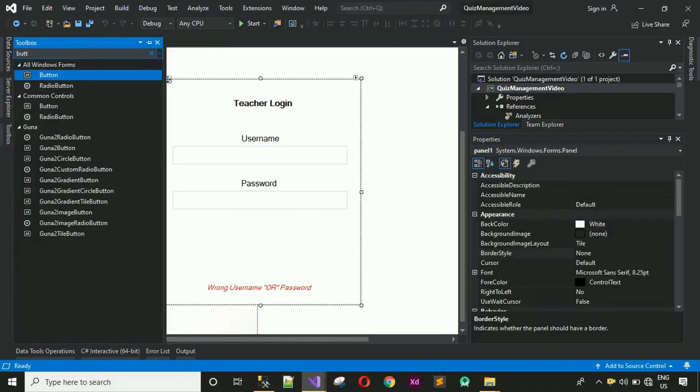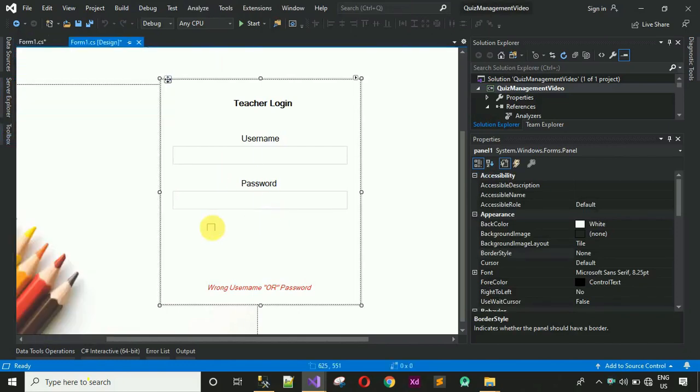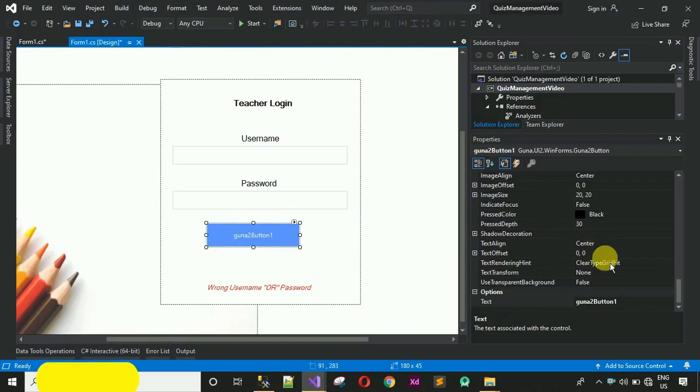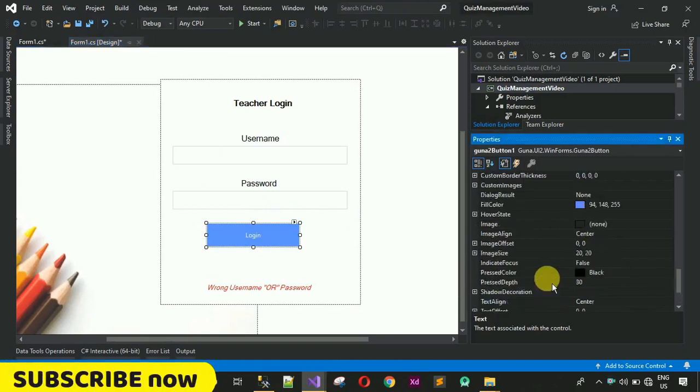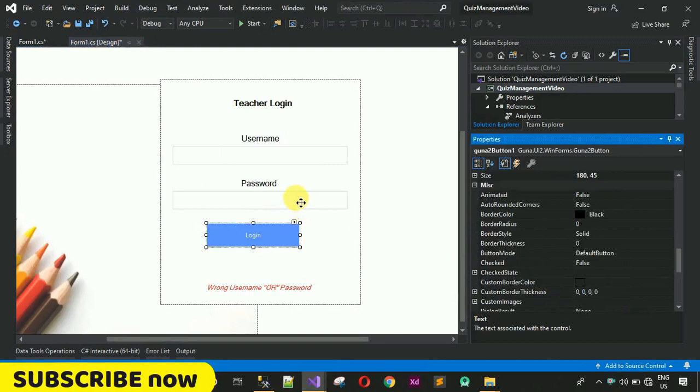Search for button and use this Guna 2 button. Just drag and drop it over here. Click on this and change the text to login. Hit enter. After this, we have to set the size for this text box,